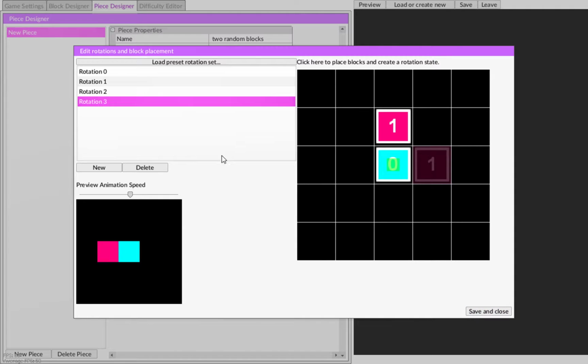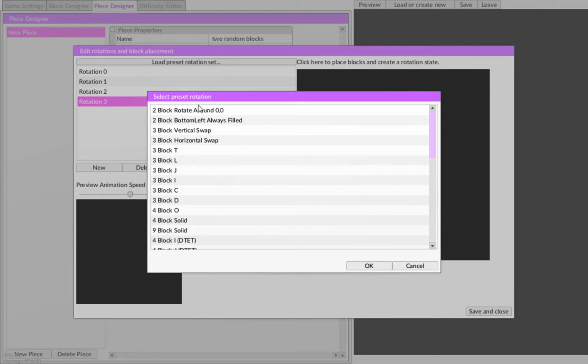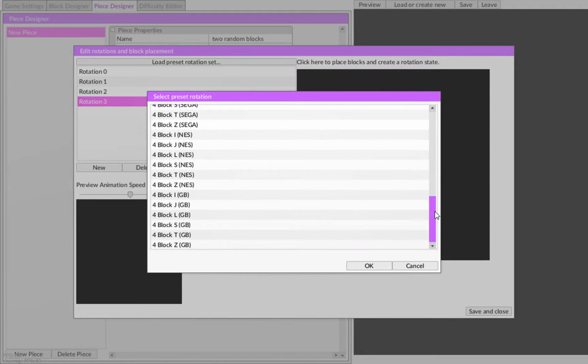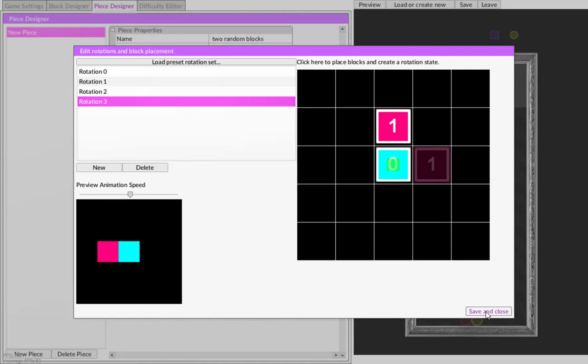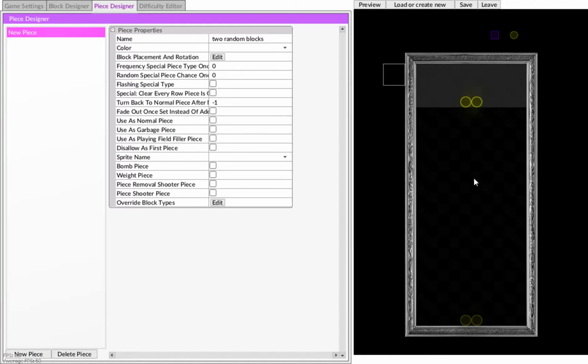And you can also load a preset if you don't want to create a custom one. So here's all the ones from all the preset game types. So let's save and close, and you can see we have our piece, and I can rotate it. And every time I click preview, it will regenerate this piece with